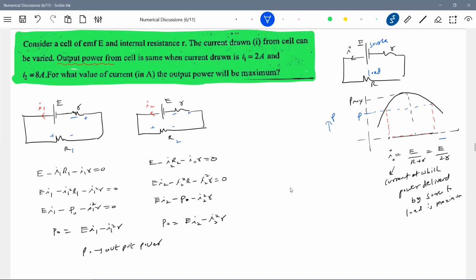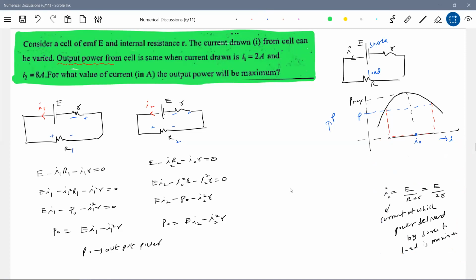What should it be equal to? Current. This is power versus current. And for these two currents, the power will be the same. And there is one value of current at which it will be maximum. That is I naught. It has messed up, I'll come back to this one. So this is equal to I1, and this is I2. I think if you had plotted this graph in the beginning, it would have been much help. There would have been no need of all this thinking. But nothing wrong.